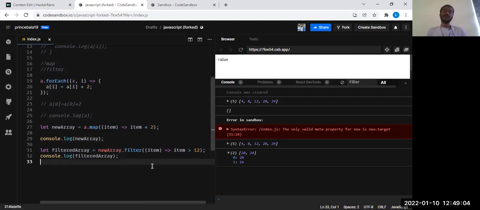So you can make use of map, forEach and filter, which are array inbuilt methods, to solve your problems, which may reduce your time as well, and also it is very fast for you to solve the problems in a given number of minutes. I think this video would have been very useful for you as a beginner, as an introduction to arrays and how to solve problems using arrays.